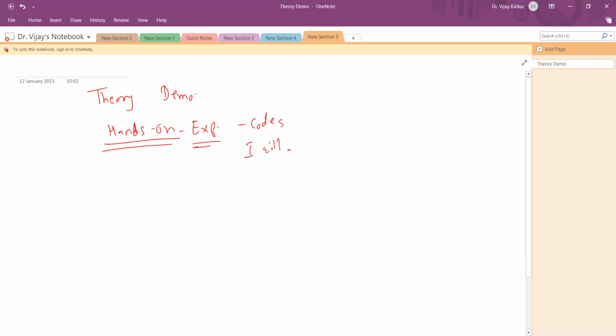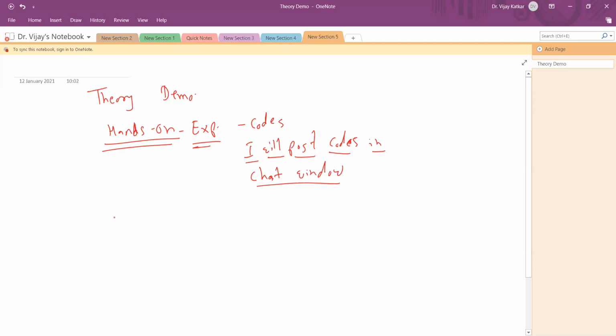Okay, I'll post the codes in our chat window, and then you can try those codes. You can do some experiments which you wish. While performing those experiments, if you have any doubts, you can ask me. I'll solve those doubts. If there is some error, first check whether there is any typing mistake or not, because mostly there are typing mistakes only. If there is a typing mistake, try to remove those errors and then move ahead.